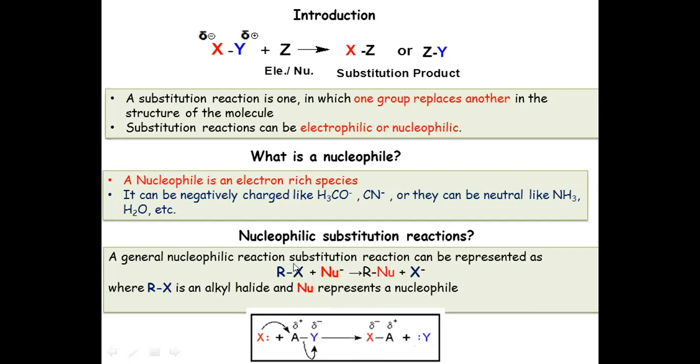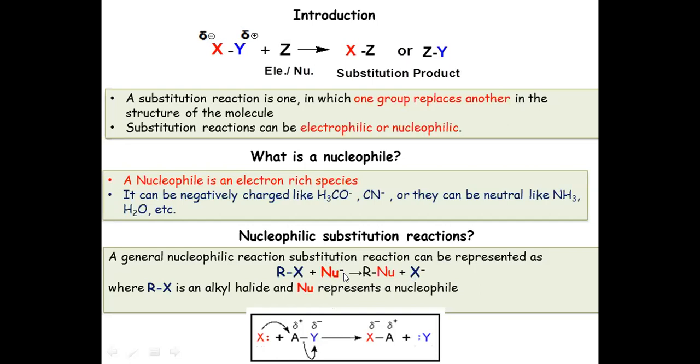Since X has left the substrate, we call X a leaving group. So you have a nucleophile and you have a leaving group. Both have negative charge. Both are electron rich, but one is strong, the other is weak. Obviously, which will be strong? The one which can form a bond and kick out the leaving group will be stronger as compared to the leaving group. So the nucleophile is more electron rich, or stronger, as compared to the leaving group, and therefore we can replace